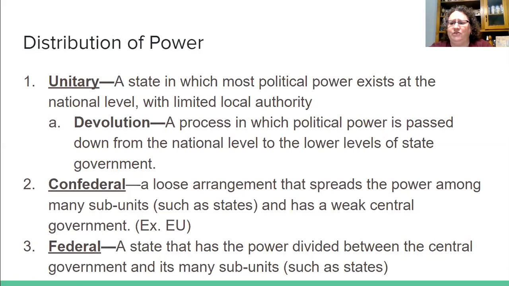All right, so here's where we left off yesterday. We're talking about a country, a state, has a choice. How do they want to distribute their power? And you basically have three options. You can be a unitary state, a confederal state, or a federal state. Of our CG6, it's very easy. There are 3 unitary and 3 federal. So think in your head if you got them all straight before I say them.